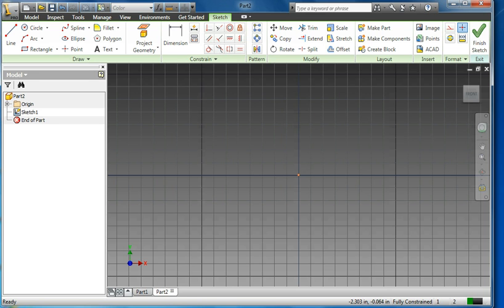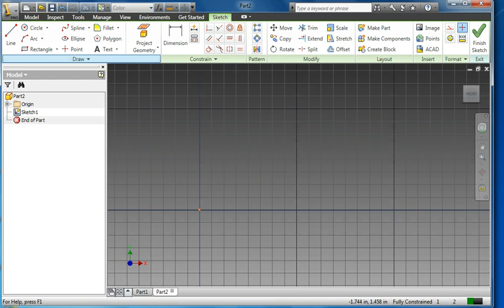Alright, so the first thing you want to do is, as you look at the picture, you'll note that we are going to create it on the XY axes. We're going to extrude in Z. So when we make our part, we're going to start with a 2-point rectangle. Start at the origin, pull in the positive,